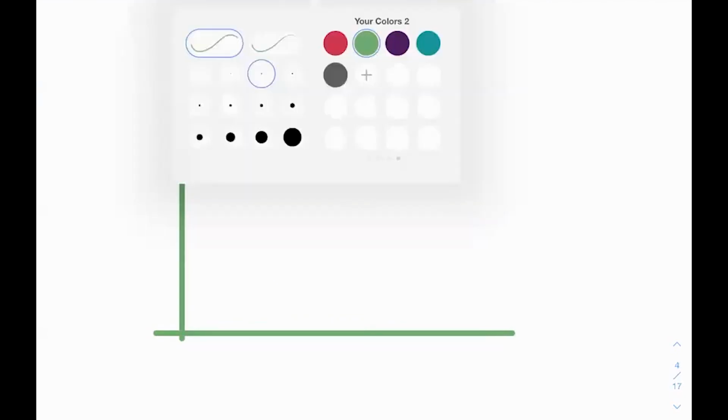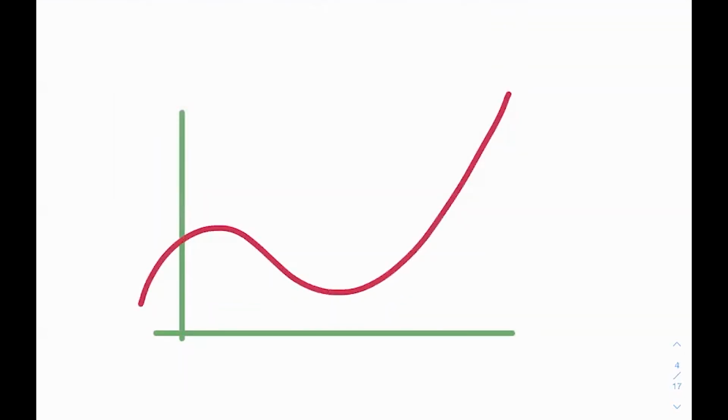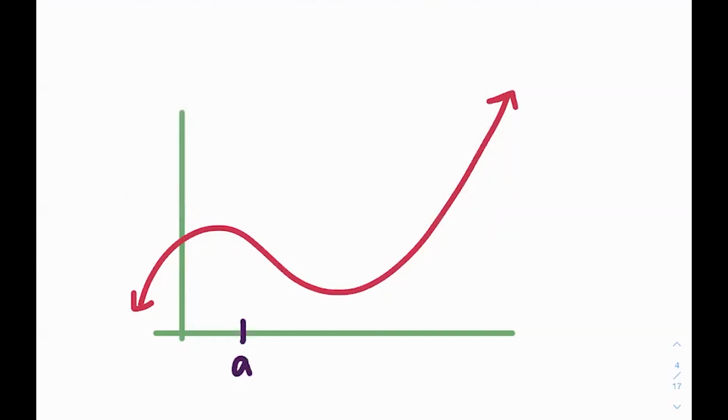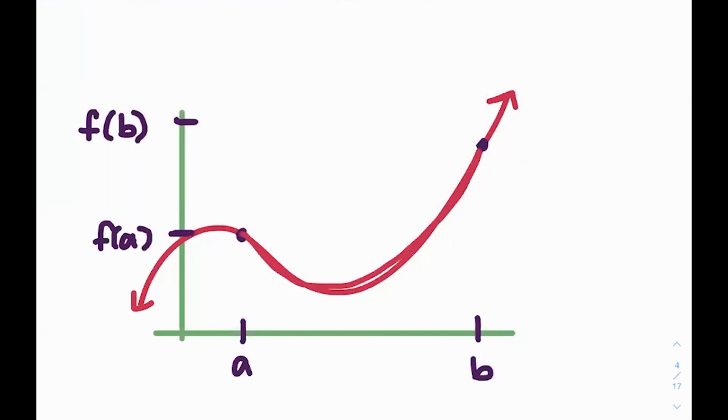Let's say we have a function. Let's let that function look like this. And I'm going to add point A right here and point B right here. So then if I do that, I would have f of A and f of B looking like this. Now, this theorem says that between A and B, so somewhere along this part of the function, let me see if I can take away all the rest. So between A and B, there exists some point C such that